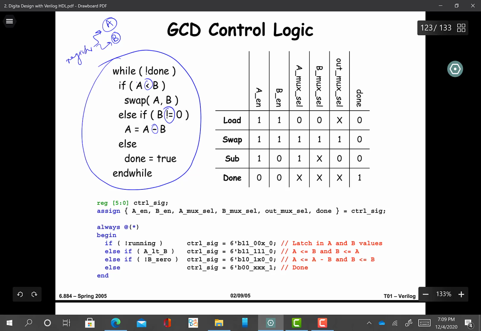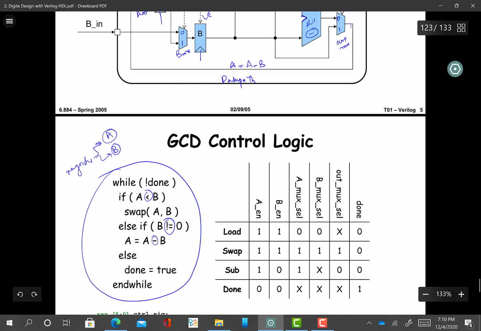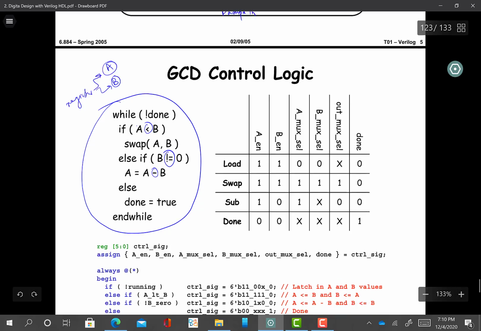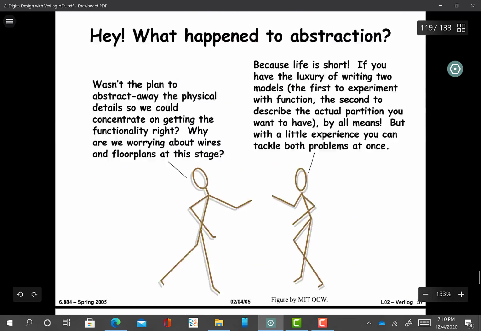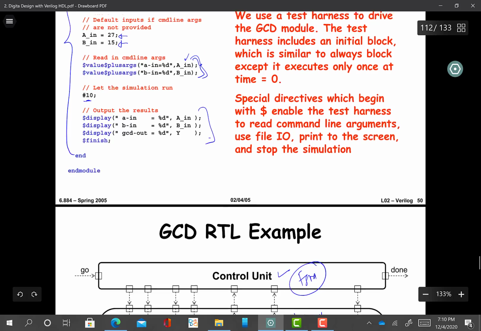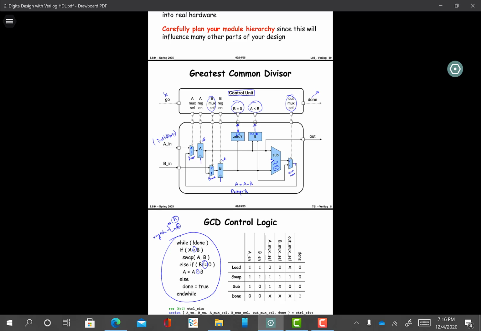Now you see that in order to run this algorithm, for example, we have different states. So the first thing I told you in order to design an FSM is to recognize the states. So the first state is, if you come here, again I told you that the slides are slightly misarranged. You should always have a load or initialization state. So this is our first state, which is load,